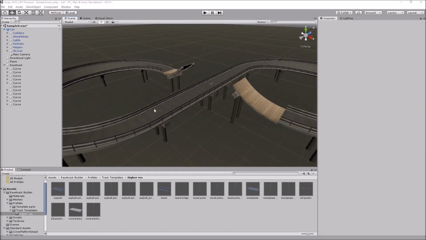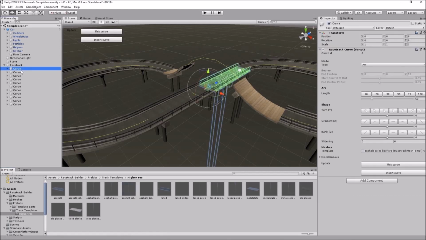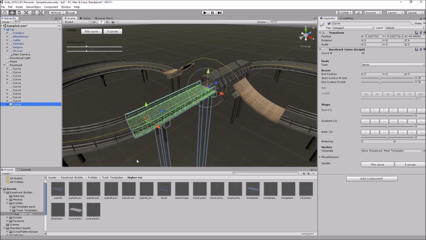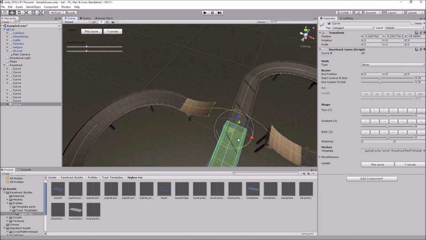And for the last change, let's make the straight piece into a tunnel. So we have this asphalt poles tunnel, and I'll drag that onto the first curve. Now we need to set the second curve back to our barriers, and also select the last curve and set that to the tunnel. Okay, so if we look at our tunnel,